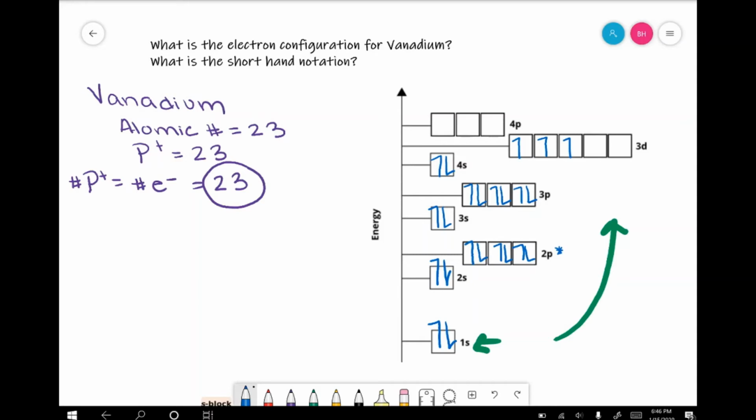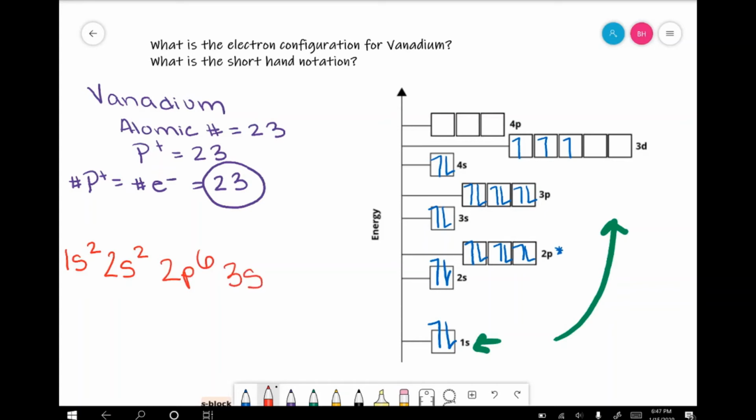Now we're going to write out our electron configuration notation. So I'm going to start with my lowest energy, so my 1s. I write out my orbital, and it is a 1s subshell. And that superscript, a 2, tells me that I have 2 electrons in my 1s. Now we move on to my next one, which is 2s, and there are 2 electrons in there. Move on, we have 2p with 6 electrons,